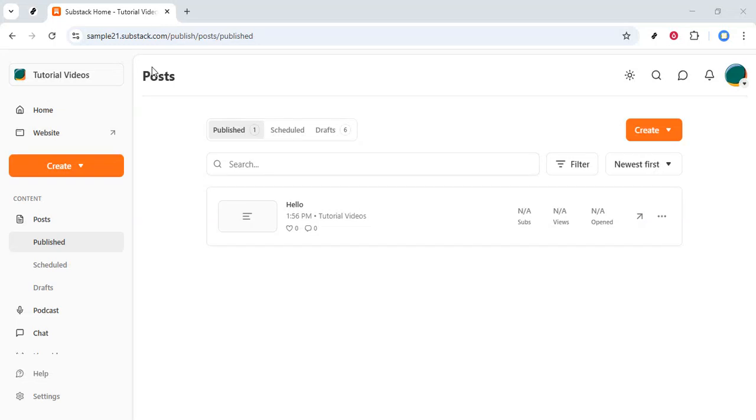In this video, I'll guide you through how to edit a published post on Substack. Whether you've noticed a typo, want to update a link, or need to add new information, editing a live post is quick and straightforward once you know where to look. I'll walk you through each part of the process so you can confidently make changes without worrying about breaking anything